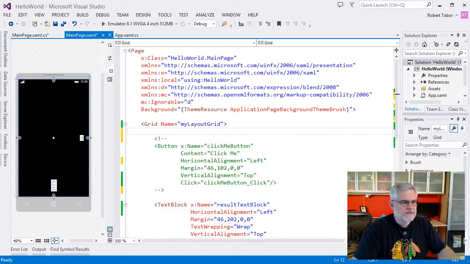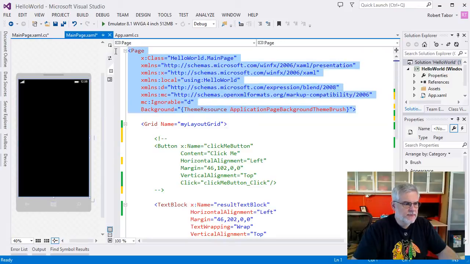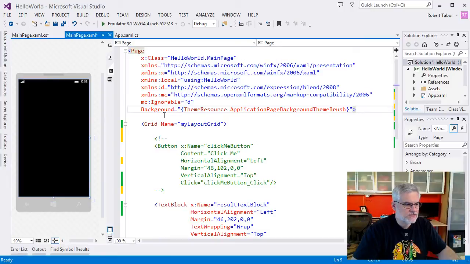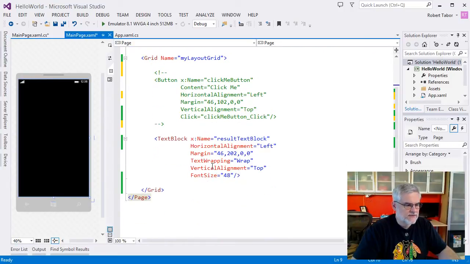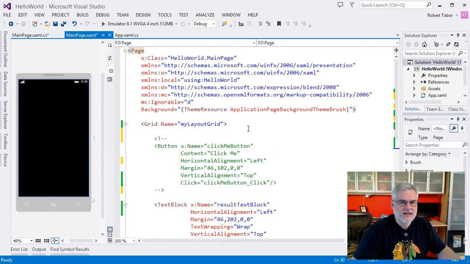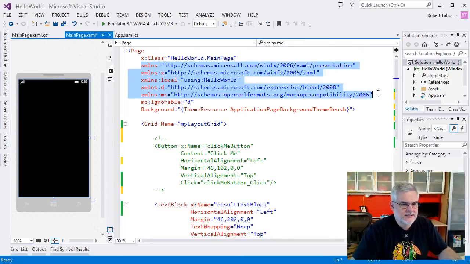All right, so let's take a look at the very top of our XAML page. You can see we have this open angle bracket Page, and even though all the attributes of that element are moved to separate lines, you can see that they are all one long element. It's just for readability's sake that they're moved to separate lines. And then the end Page tag is at the very bottom. So it is the parent for the MainPage.xaml. So while you're looking this over and you take a look at some of the things that are, for example, in lines number